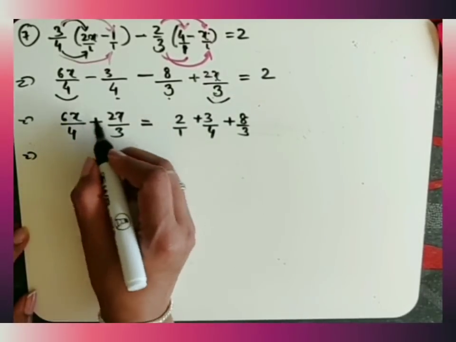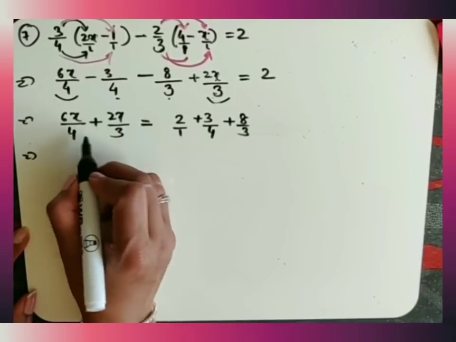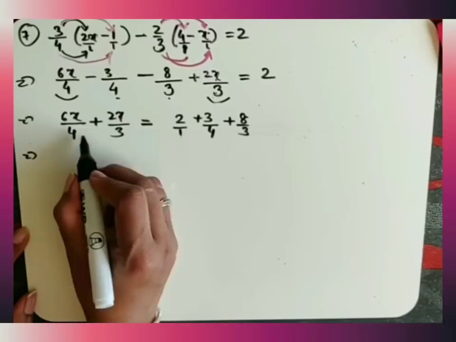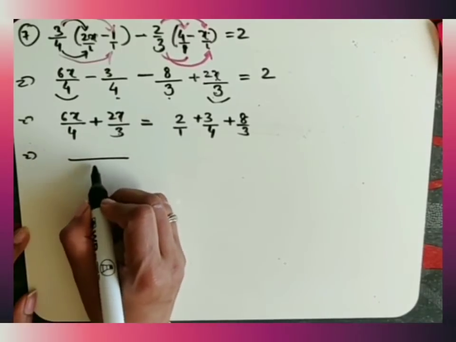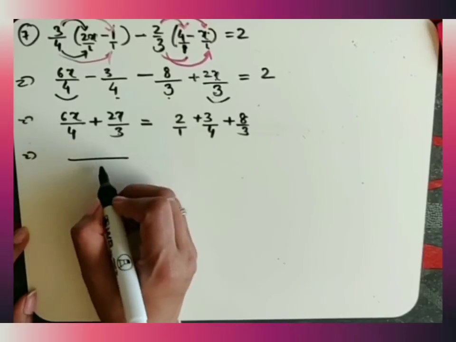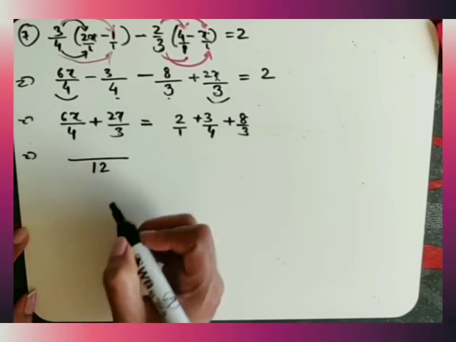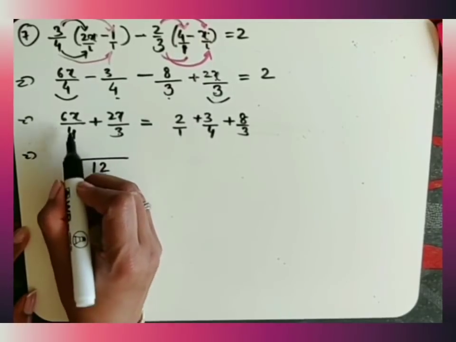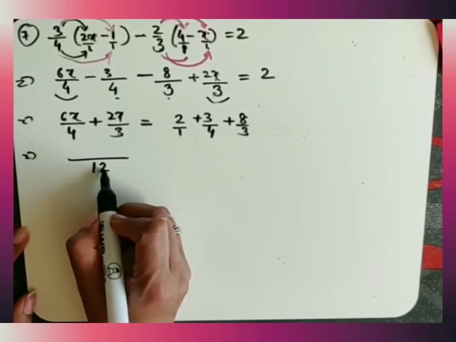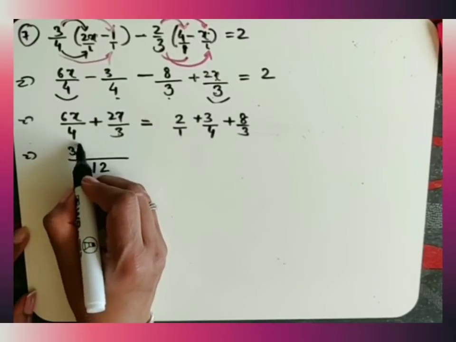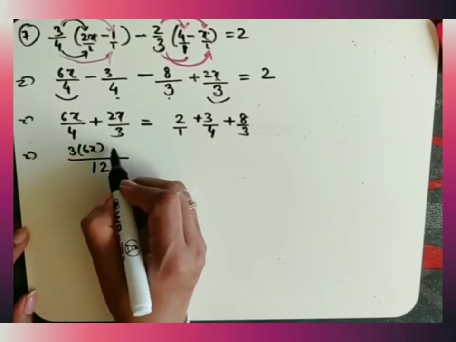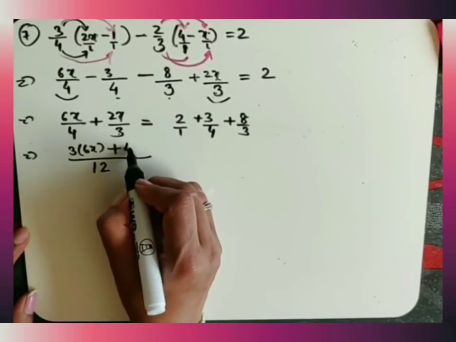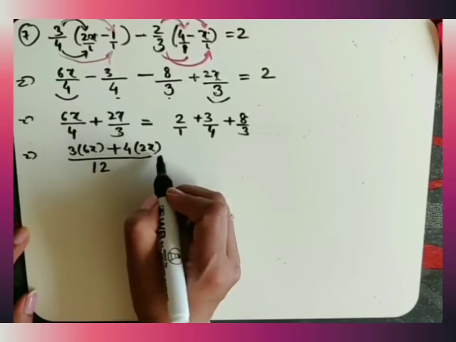Now fraction plus fraction, so we have to add these fractions, so we need to take the lowest common denominator of 4 and 3. So for 4 and 3 the lowest common denominator is 12. Now come to the first fraction. 12, 4 multiplied by 3 will give you 12, so that 3 will multiply by 6x, plus 3 multiplied by 4 will give you 12, that 4 will multiply by the top number.